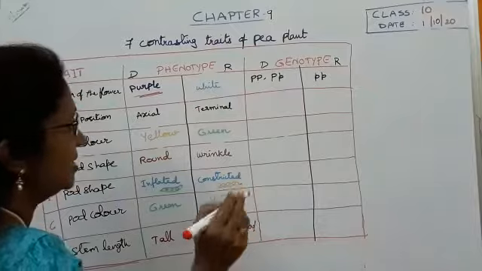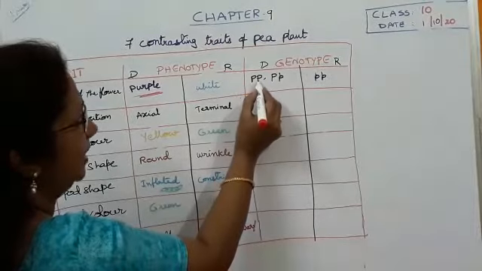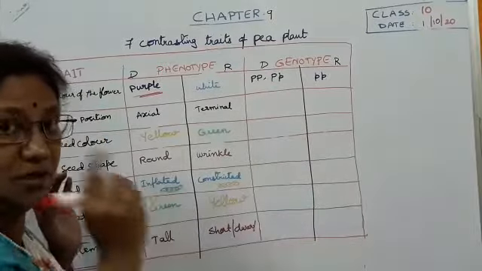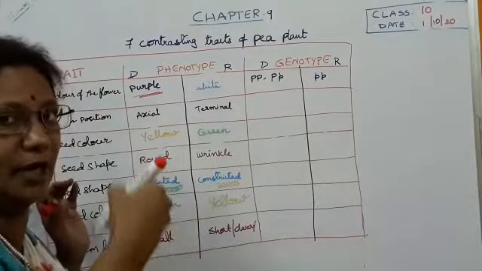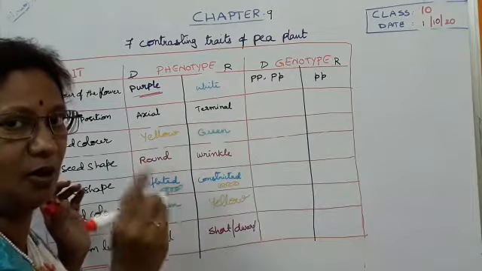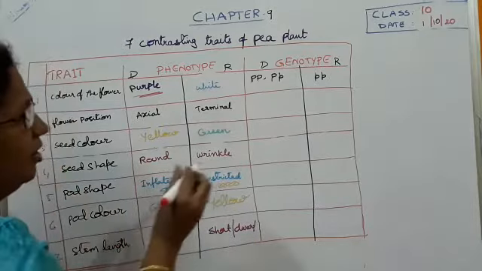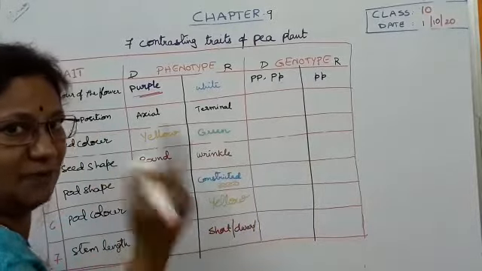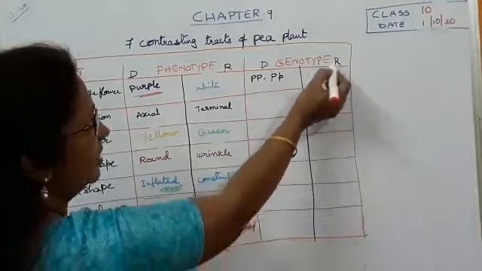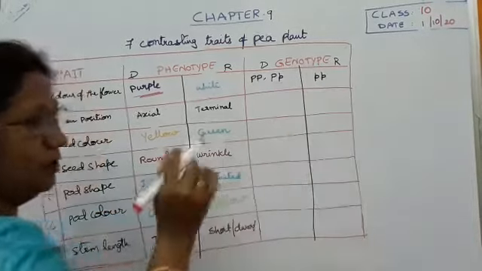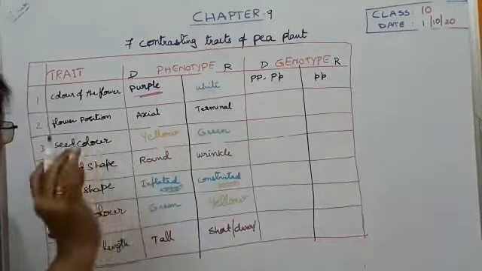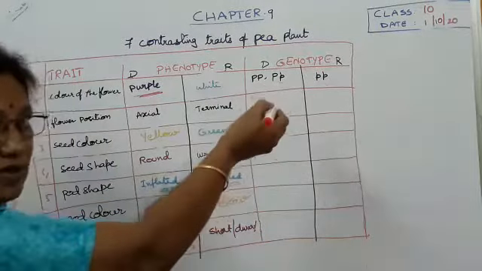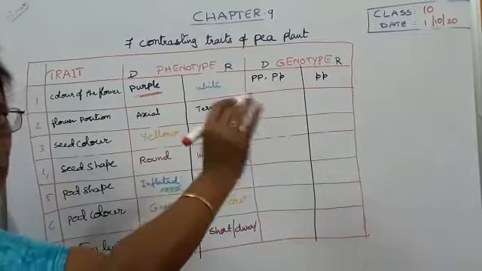The purple flower will be seen in two conditions. What are the two conditions? The genes may be capital P, capital P, or capital P, small p, because one capital P is enough to represent that trait. This is what we call the law of dominance. Based on the law of dominance, out of two factors, one factor is enough for the trait to be expressed. But the recessive trait will be expressed only when both factors are recessive. So the mother should give recessive and the father should also give recessive. Then only the recessive will be expressed.